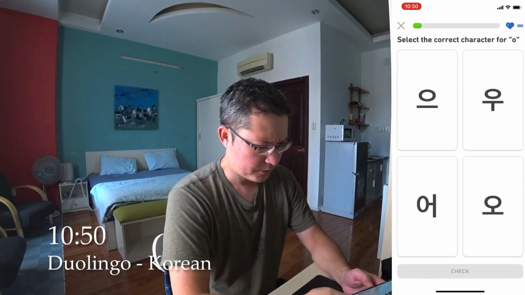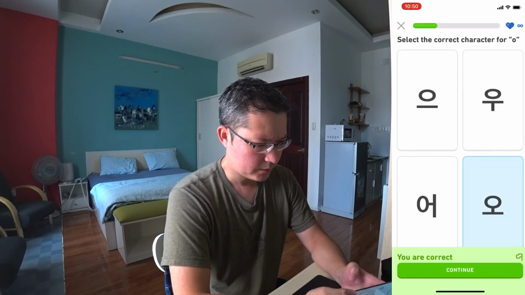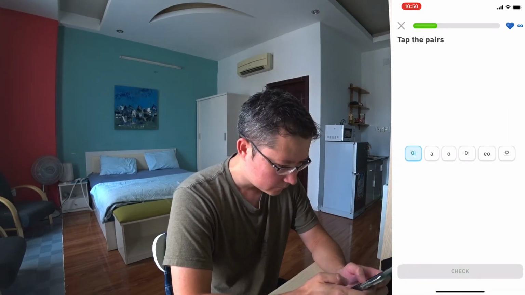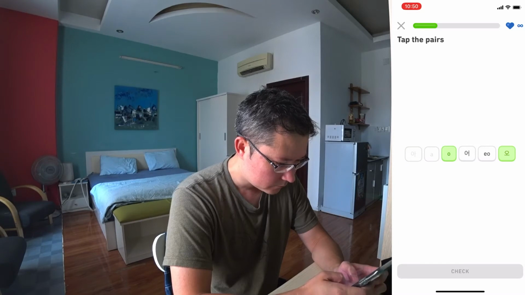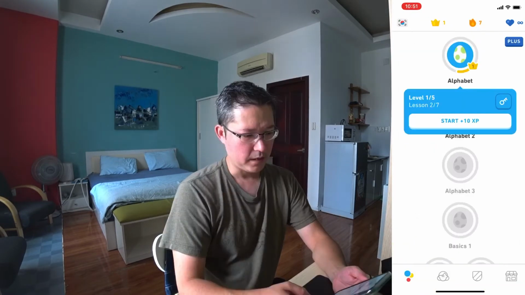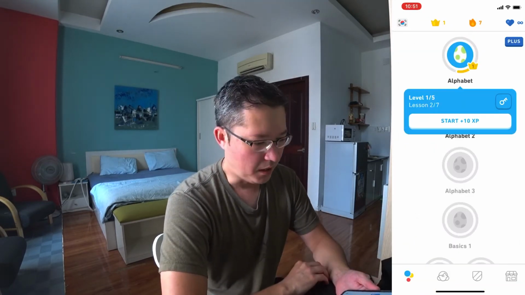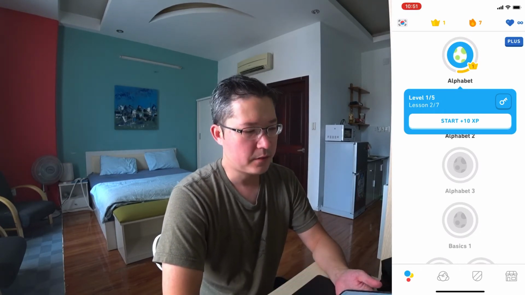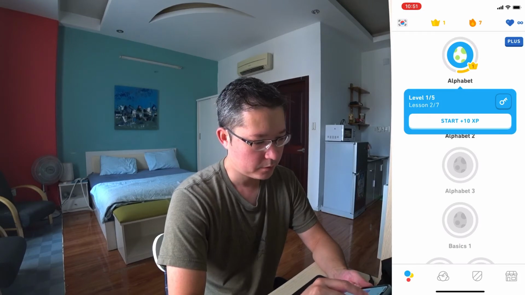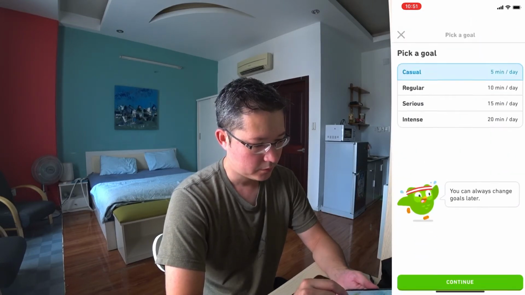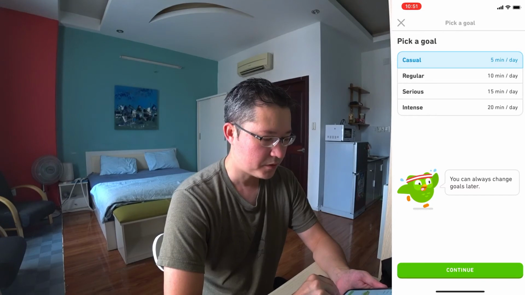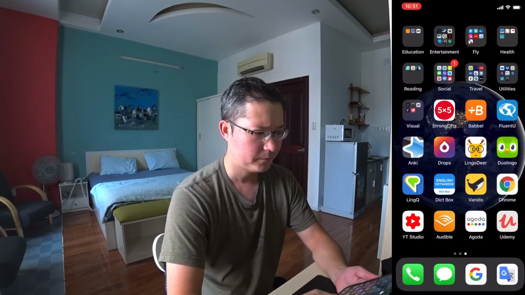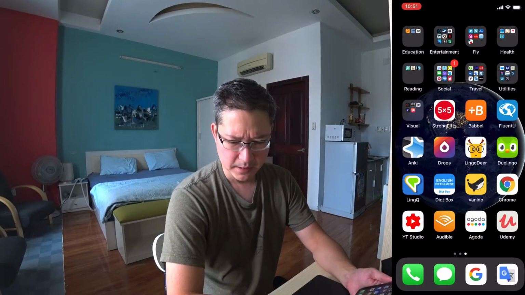Duolingo now. And again, I'm just doing a very quick lesson. I'm not spending a lot of time on these. This would be like a minute maybe. Now, if I was focusing on only one language, I'd use this more. I'd go for the higher goal, which is like 20 minutes or so. That wasn't even really 5 minutes. What was that, a minute? Yeah, under a minute? Okay. So I do that,